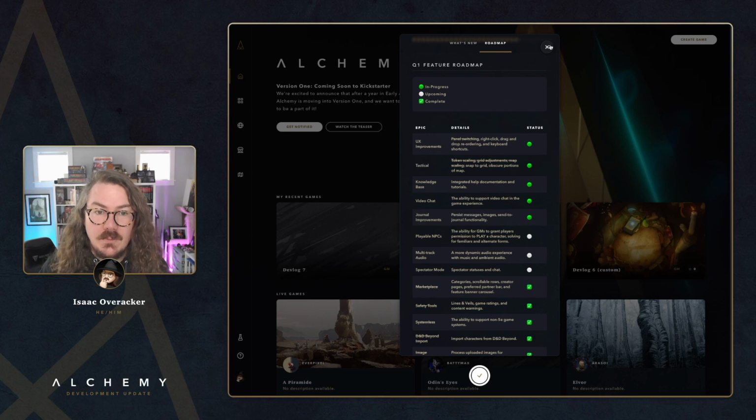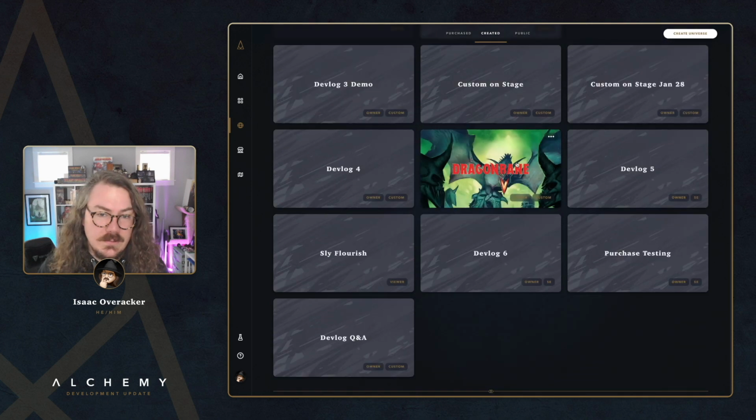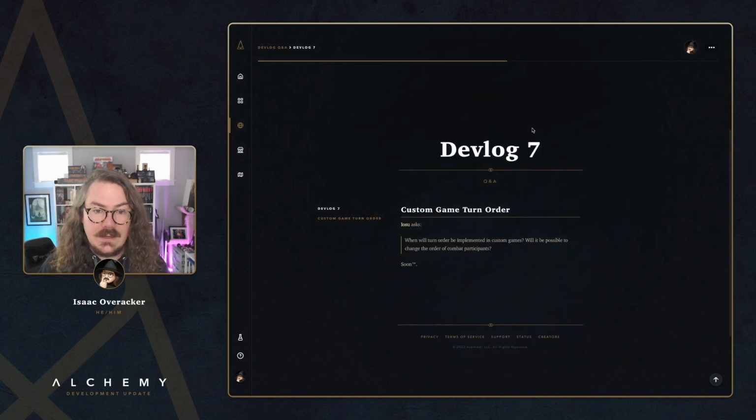Okay, Q&A this week. One of the questions that came in was actually about map scaling. So I think I hopefully answered that pretty well when I went through how that feature works. That question was asked obviously before the feature was launched. But what else do we have here? We've got custom game turn order. Iosu sent in another question. When will turn order be implemented in custom games, and will it be possible to change the order of combat participants? It looks like the official answer here is soon, TM,